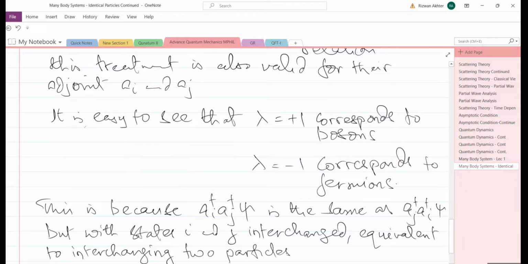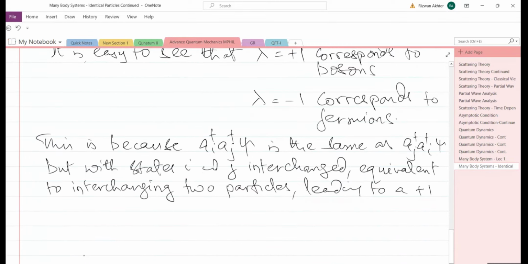So this is as if we have interchanged two particles, leading to a plus one in the wave function,